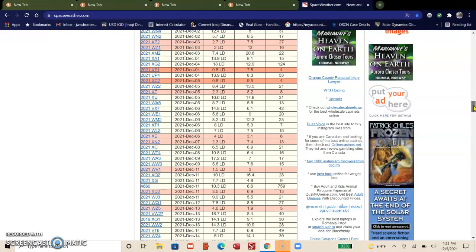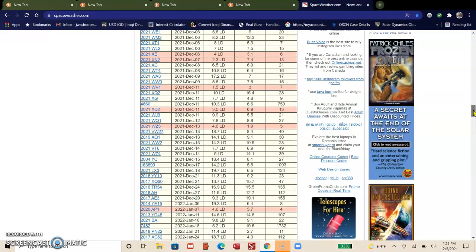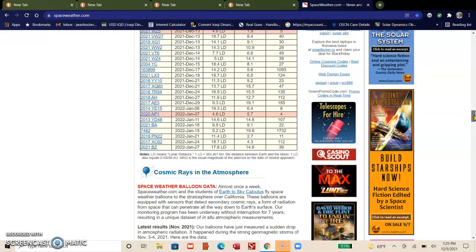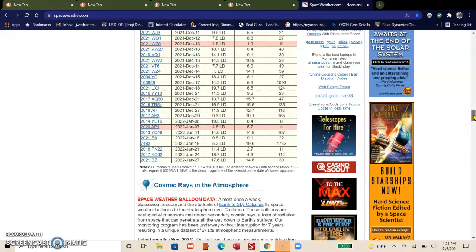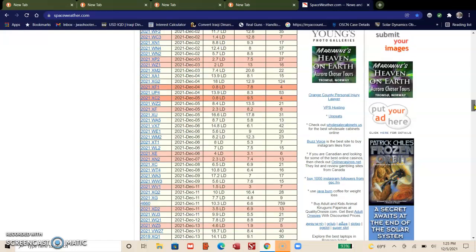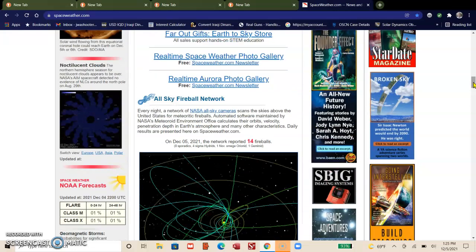But that's what I like to do with this one: if we've got anything over 12 meters, actually, for me, anything over 15 meters, I try to keep an eye on it. Only because, if something like that is super dense, it could get through, and the impact would be small, but it could still impact. So we really don't have a whole lot going on that's of major concern so far. But that's just what they see. So there are other